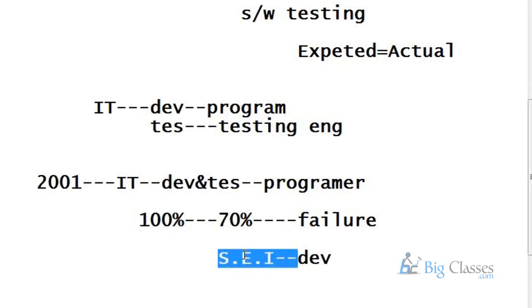So finally, based on SEI guidelines, IT companies started separate testing. You know one thing, before 2001 there were no jobs like ours. As test engineers, our jobs start from 2001 onwards. Before 2001 there were no testing jobs; the testing process was there, but it was conducted by the developer. Exactly. So our job starts from 2001 onwards. Is this clear? Is it going a little bit fast? No, it's okay, no problem.